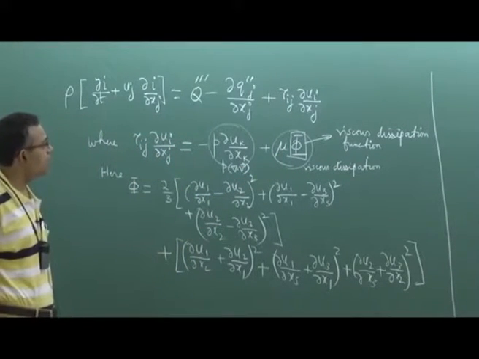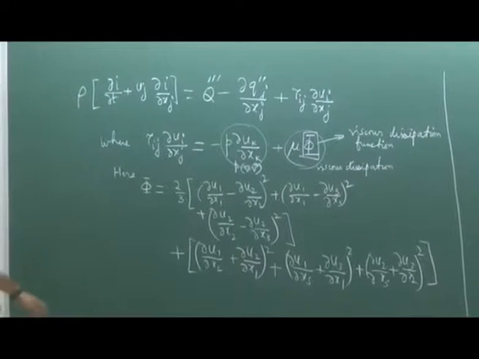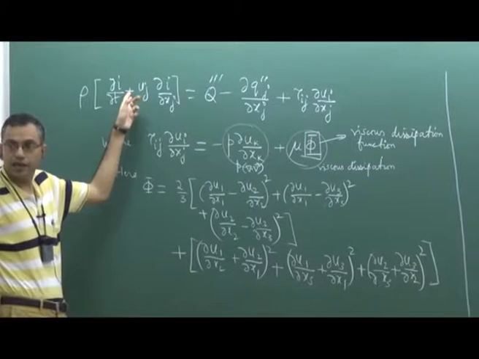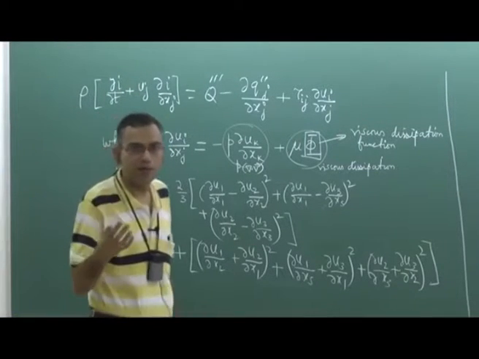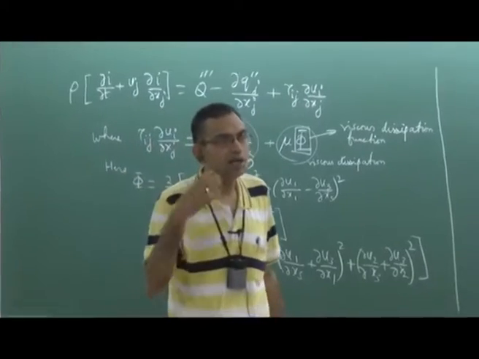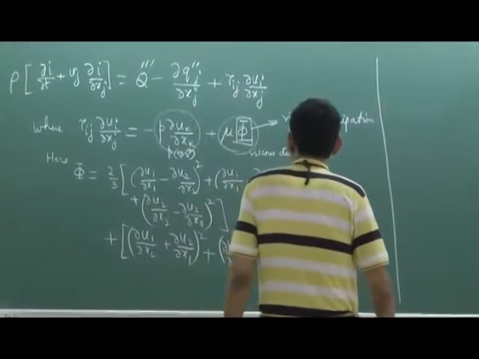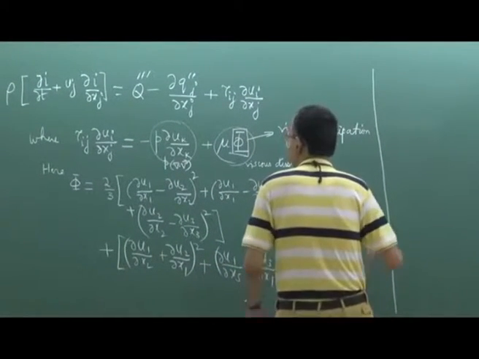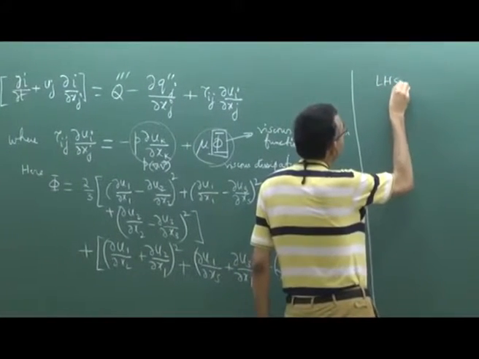Now we will complete the derivation of the energy equation by expressing the internal energy in terms of enthalpy and then enthalpy in terms of temperature, because temperature is the measurable parameter. So we should express the governing equation in terms of temperature. Now, to do that, the left hand side you can write